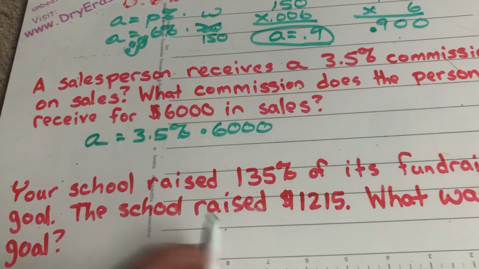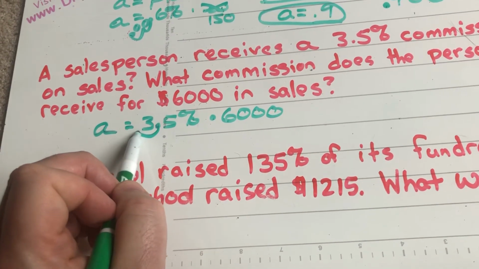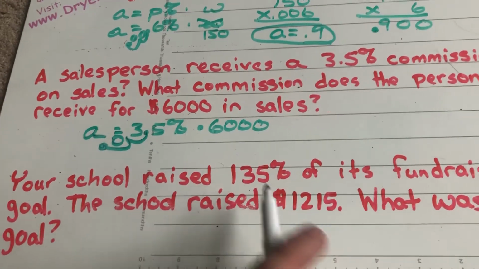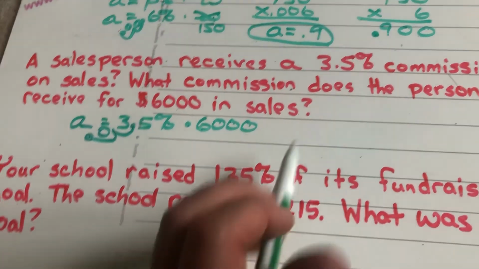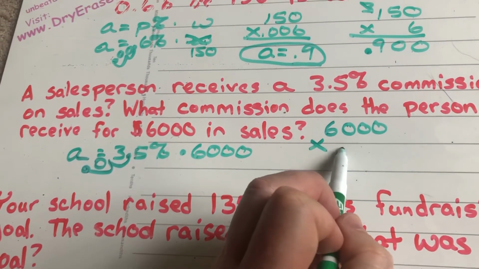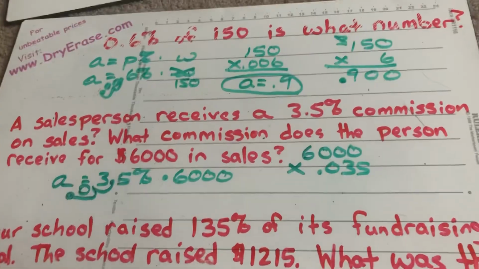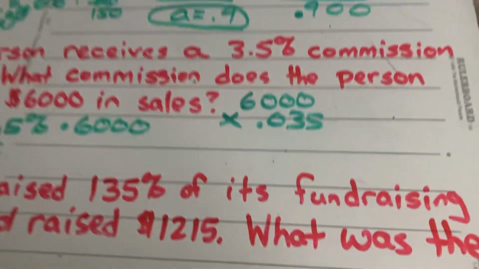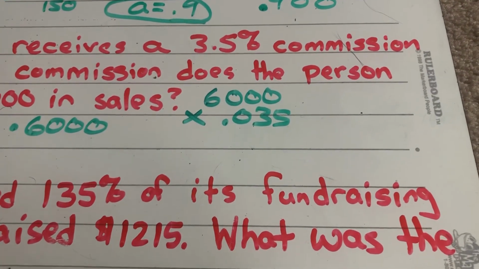So essentially, I have to take my 3.5% once again, move the decimal twice, and that becomes 0.035, and I need to multiply that by 6,000. So essentially, we are taking 6,000 and multiplying that by 0.035. Now, as a 7th grader, I want you to really start to think about how you can make different